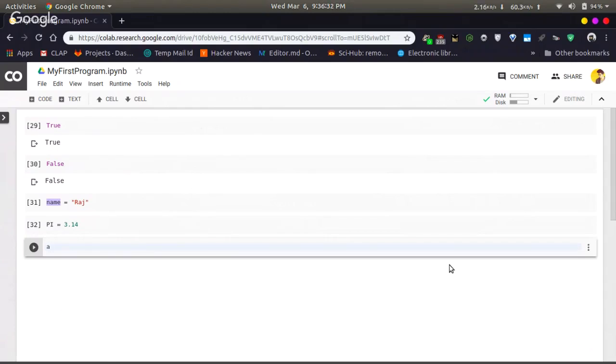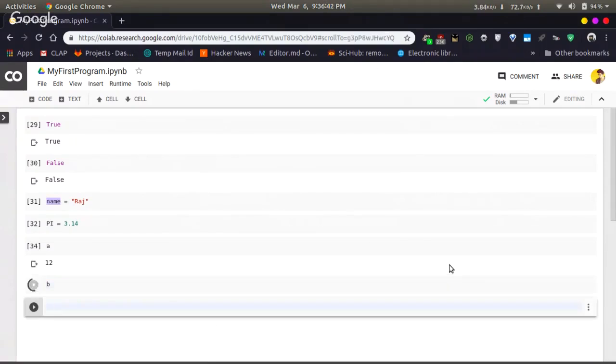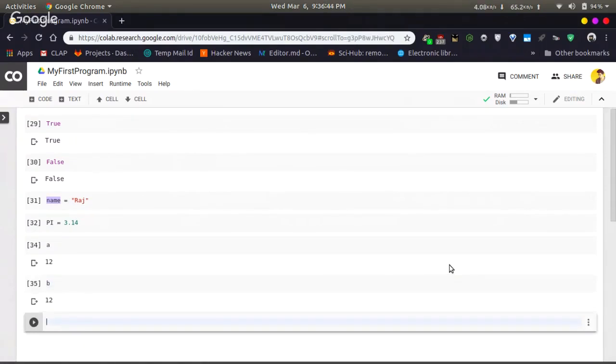When you type A and try to print the value present inside A, we can still see that it holds value 12. When you type B, it holds value 12. This is because a value is only deleted if you specify it.